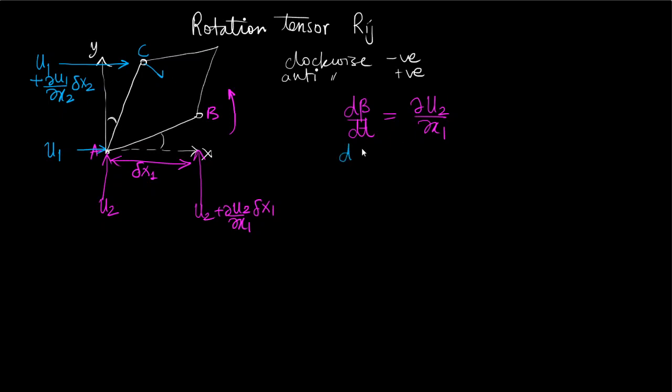So from an angular velocity perspective, this rotation is equal to del u1 del x2. If I write down the net rotation rate, the average rotation rate,